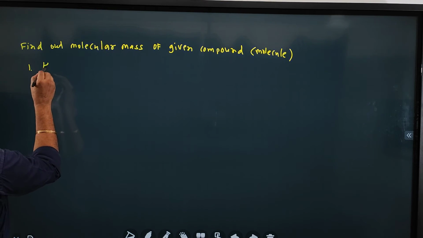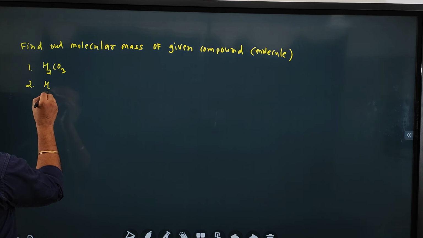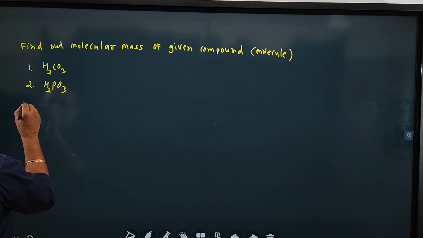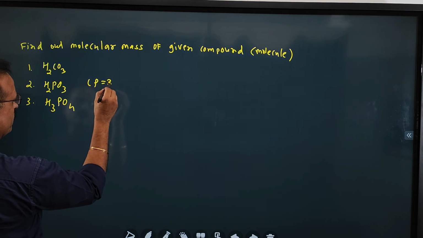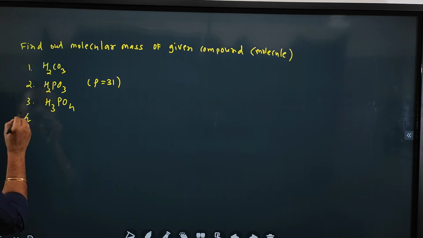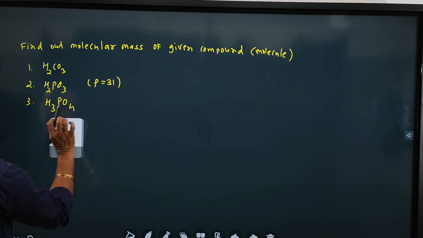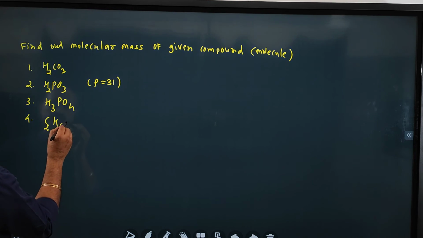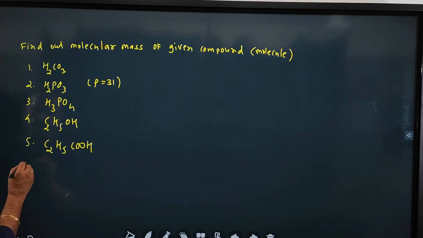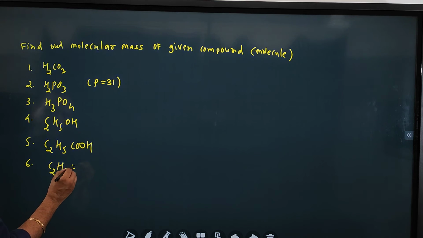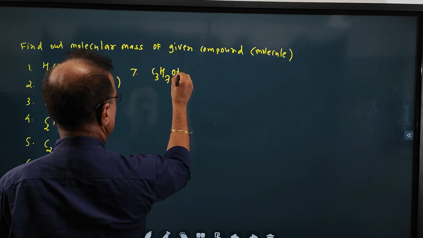Example first is H2CO3, carbonic acid, second is H2PO3, third one is H3PO4, P is 31, 4 HCl that you have calculated, 4 C2H5OH, fifth C2H5COOH, 6 C2H5NH2, 7 C3H7OH,